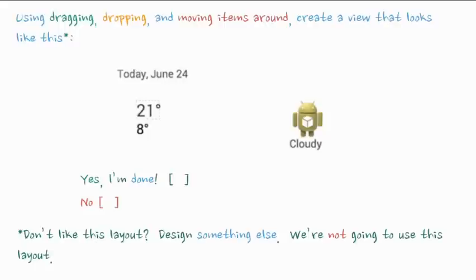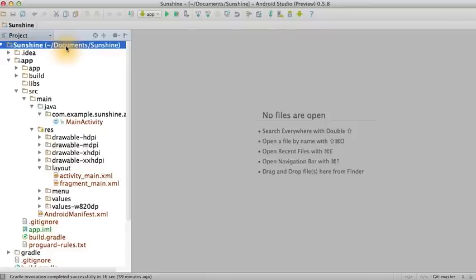Now that you have some background on the basic tools in Android Studio and a few of the basic Android user interface views, Catherine will show you how to start making some sunshine. Perfect. Thanks, Dan. Since he's turned you into a UI expert now, where should we define this list item layout?